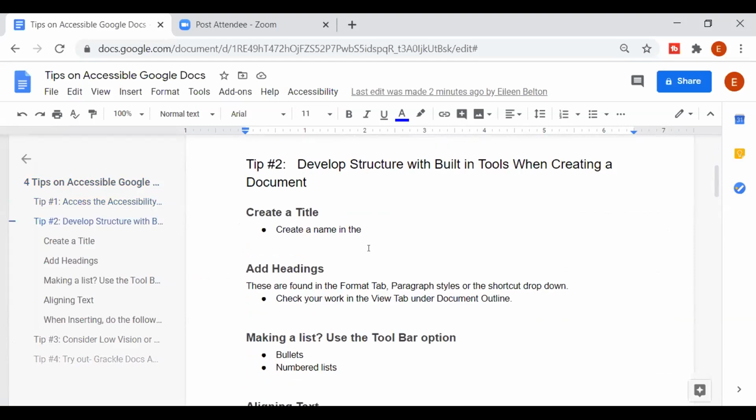And those are the main tips that I wanted to make at this point on making Google Docs accessible. I'm going to stop my portion of the presentation, and I'm going to turn it over to Laura and let her share her information. Hi, everybody. Hopefully you can hear me. I'm going to